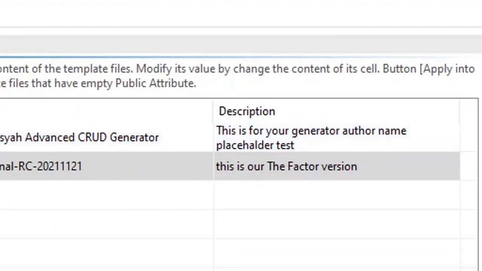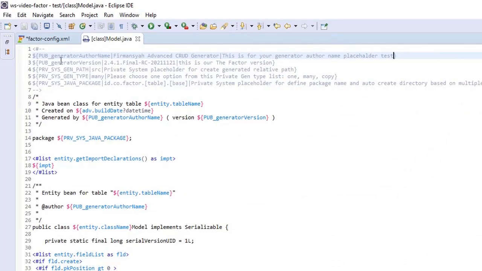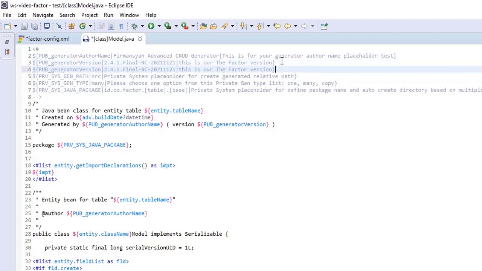And then we can demo creating another additional public attribute. I want to copy this one and paste it in here, and I will name it generator model, for example, or you can type anything.